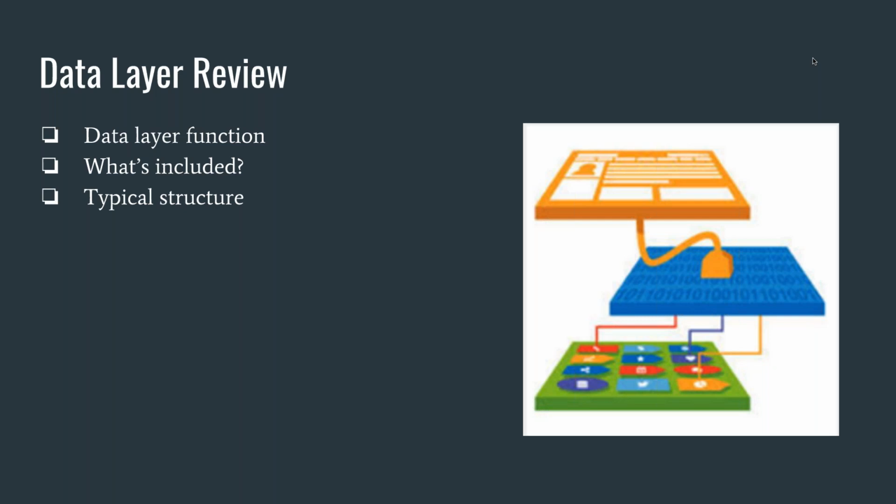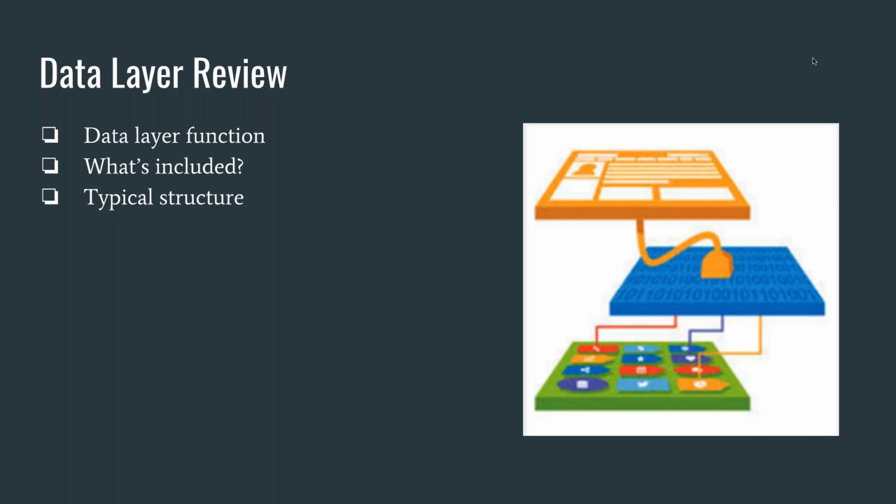So first, what is the data layer? What is the functionality? It's really summed up perfectly by that visual you see on the screen. That is coming from our friends at Tealium, which is a tag management system. But the data layer is just an application layer that's sitting in between the front end of your website and the back end. So it's a central place where you can pull all relevant information from the various back-end systems,